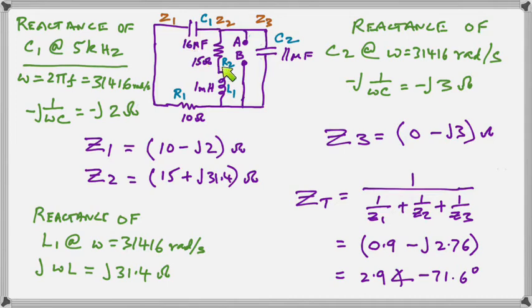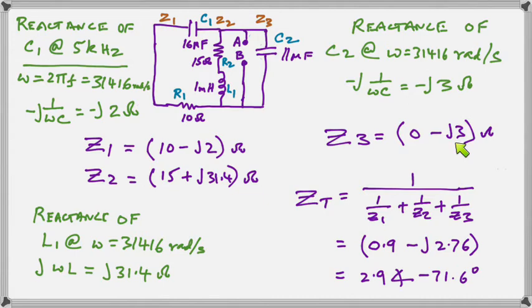When we come here for Z2, we have a real part of 15 ohms and an imaginary part of 31.4 ohms for that parallel branch that I'm showing you there with the arrow. Now when we come here for the third, there is no resistor in series with our capacitor, so that means that the real part is going to be 0, and we just have minus j3